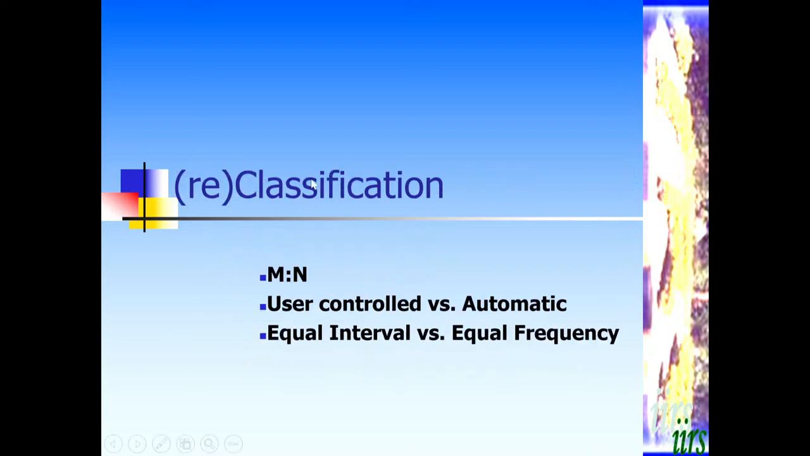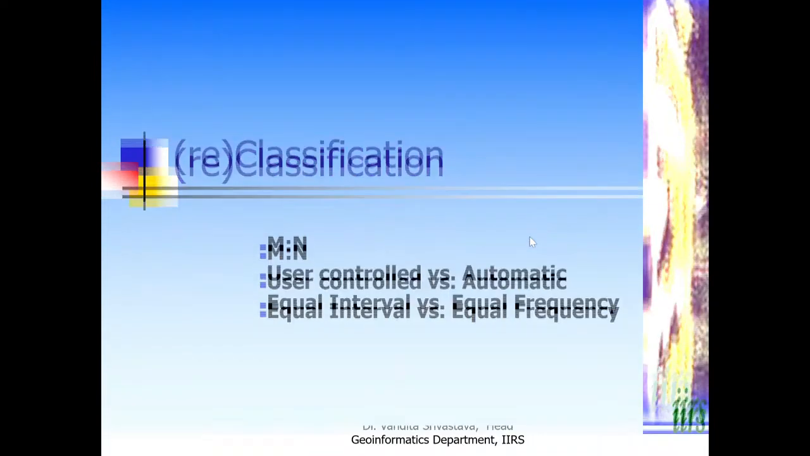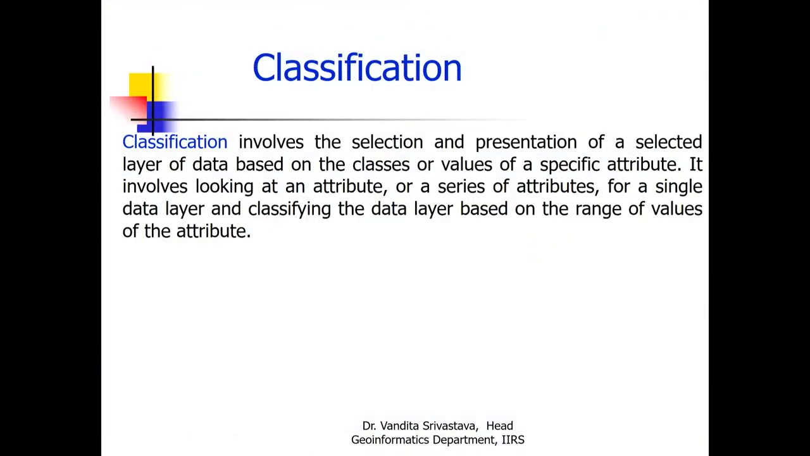So now I'll talk about the classification and reclassification operations in GIS, which is different from that in image processing. So, we will talk about the M2N classification, control versus automatic classification, and also equal interval versus equal frequency classification in the automatic one. So, before we start